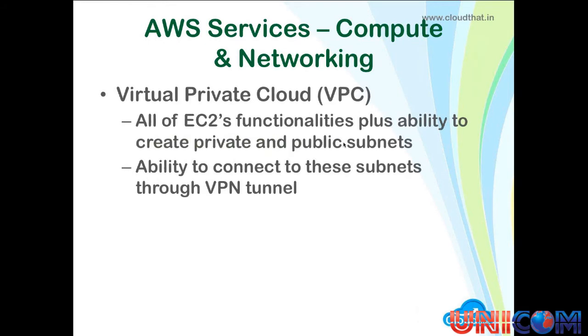The next service is something called VPC, Virtual Private Cloud. So imagine all the functionalities that EC2 provides, machine per the hour, a lot of pre-configured hardware types, pre-configured software types. On top of that, it allows you to create your own private and public subnet. You can imagine that you have a data center where you have some application running and you just need 5 more machines or 10 more machines, but you want these machines in such a fashion that they look like they're part of your own subnet,